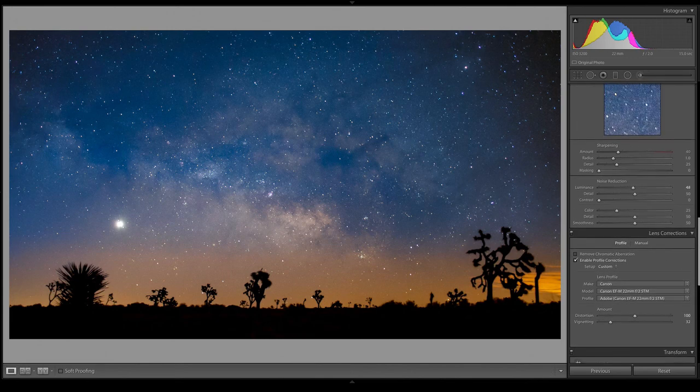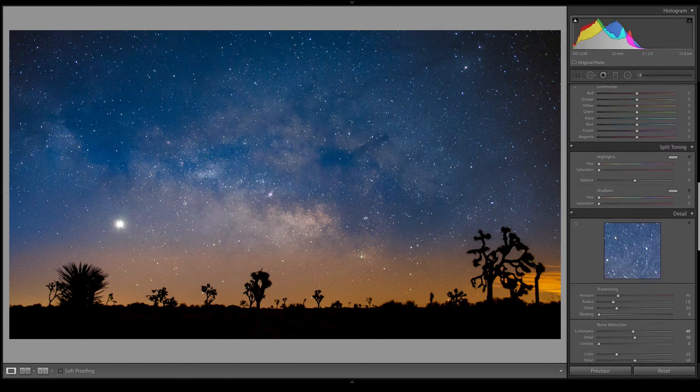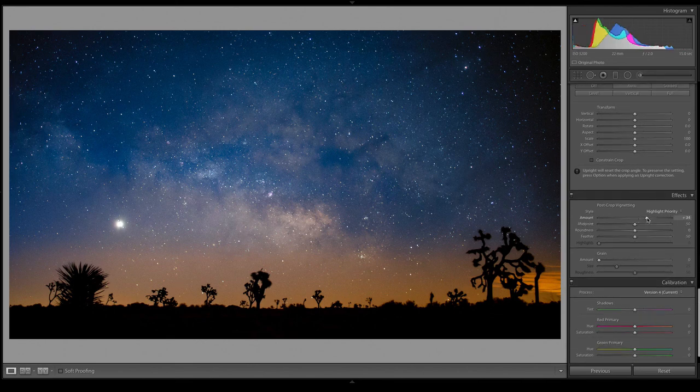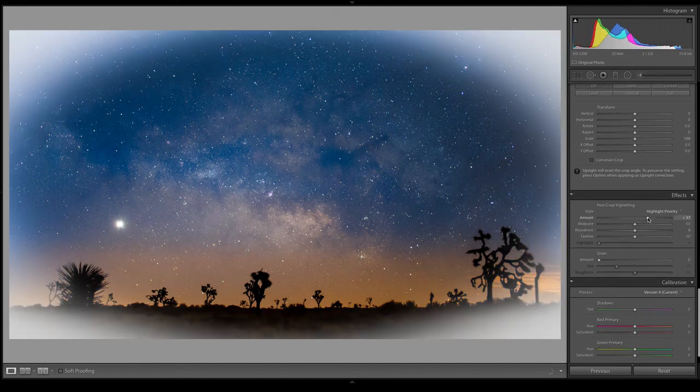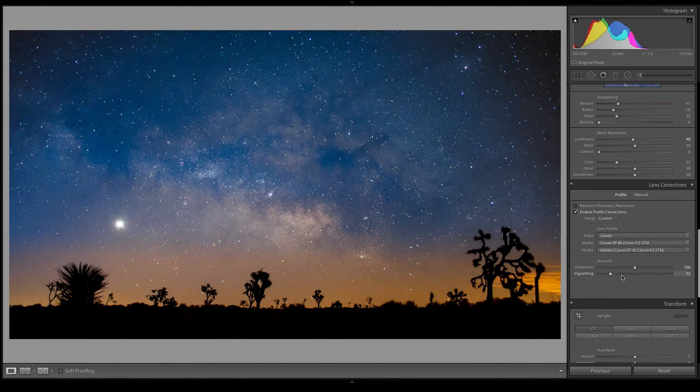If we wanted to get rid of the vignetting, we could not do this with the vignette tool, because what happens is if we add a vignette or a white vignette right here, it creates sort of like a white blur or a white vignette. It's not getting rid of the dark vignette. To get rid of a dark vignette, you would enable the profile corrections and then play around with the vignetting setting here, or just go to the manual setting and then drag the vignetting slider left or right to increase or decrease the lens vignette itself.